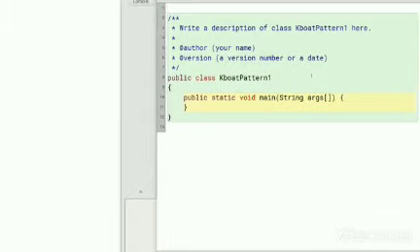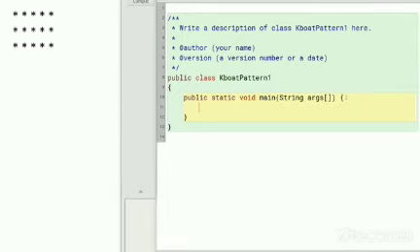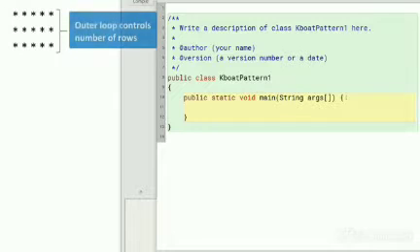I have already added this kboard pattern1 class. I will write the code for generating this pattern inside the main method of this class. I told you a pattern consists of 3 things: number of rows, number of terms in each row, and what is getting printed. We will translate these 3 things into our Java program.